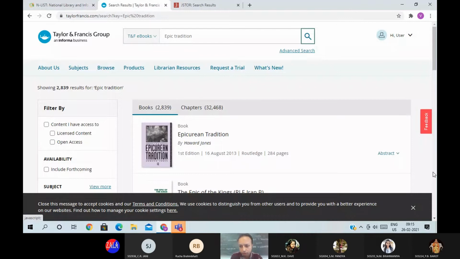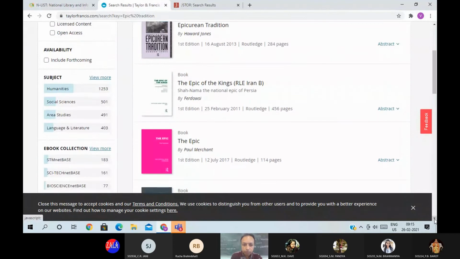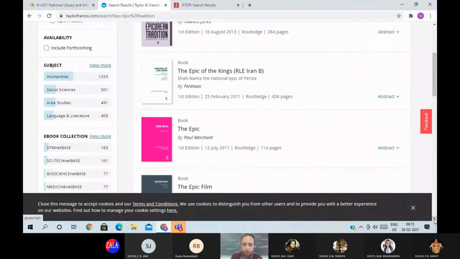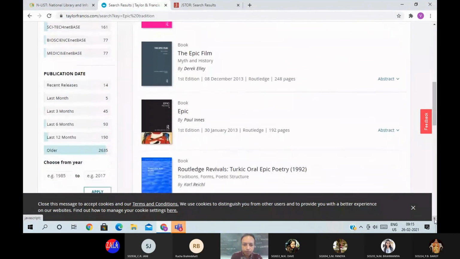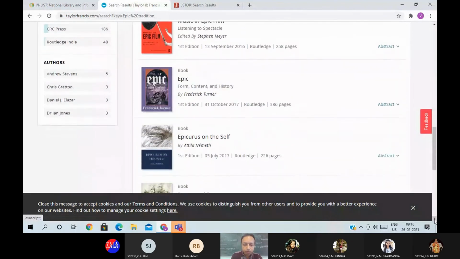So if you just search with the keywords epic tradition, you have these many books. Okay, the epic film, epic music and epic films. You find a number of books on epic,